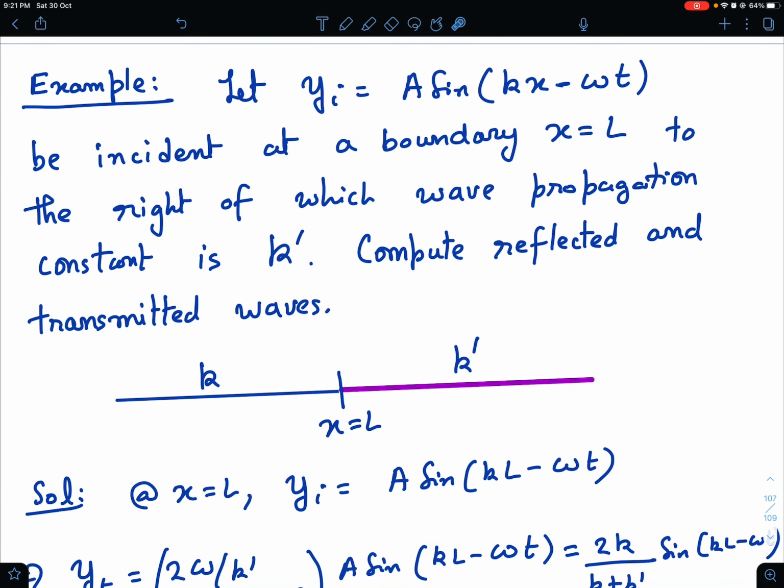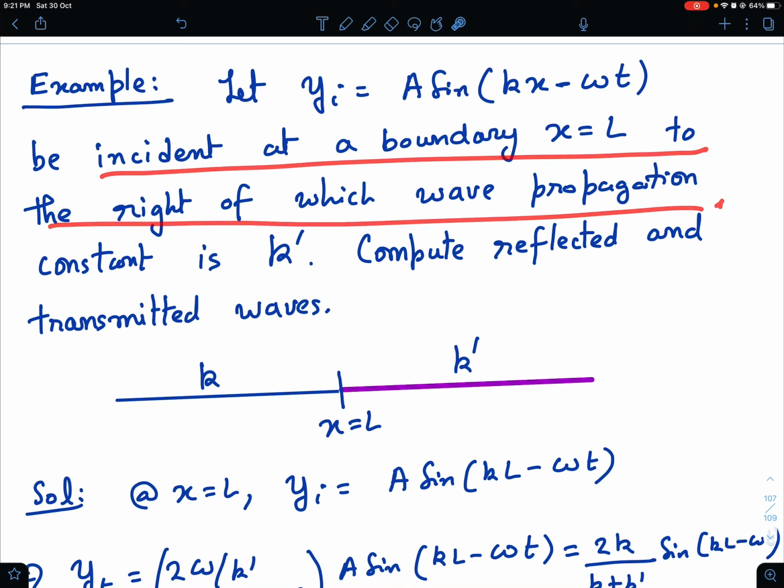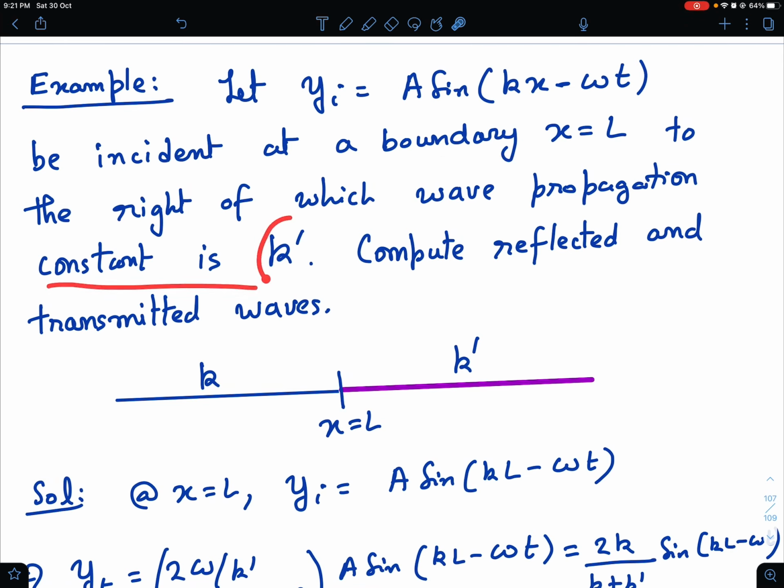Please pay careful attention, and I'm sure you will be thorough with the steps and you will be able to do many problems on your own regarding the reflection and transmission. So now here is an example. Let y incident be a sine kx minus omega t. Let this be the incident at a boundary x equal to L,